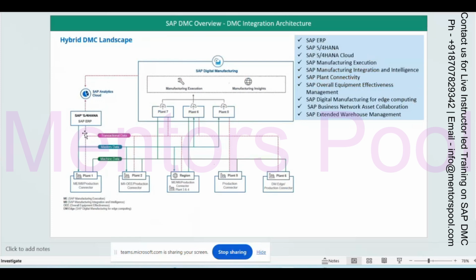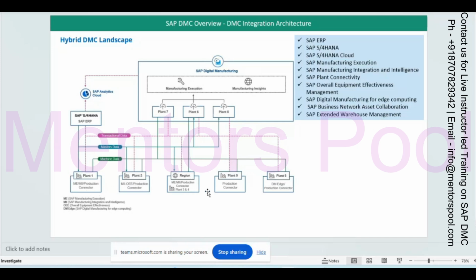Here you can see there's one S4 HANA system that is connected to multiple plants. Suppose a material needs to be transferred to a DMC, right? Right now these are all the plants on DMC. But just consider that there is one company that has seven plants, and not all the plants are on the DMC; some of the plants are on-premise.